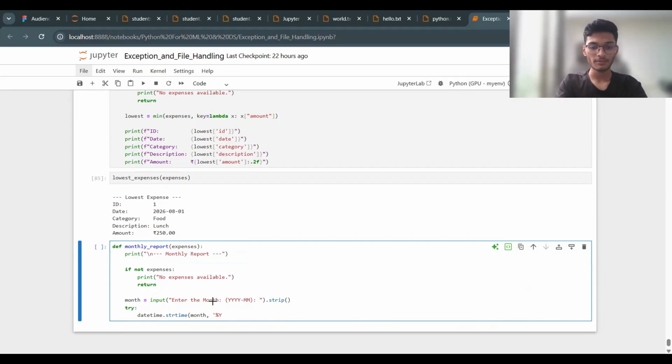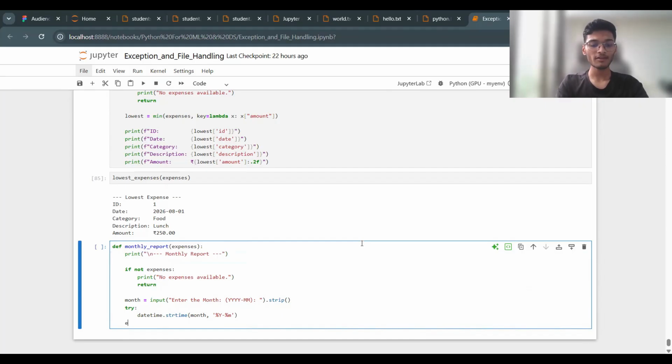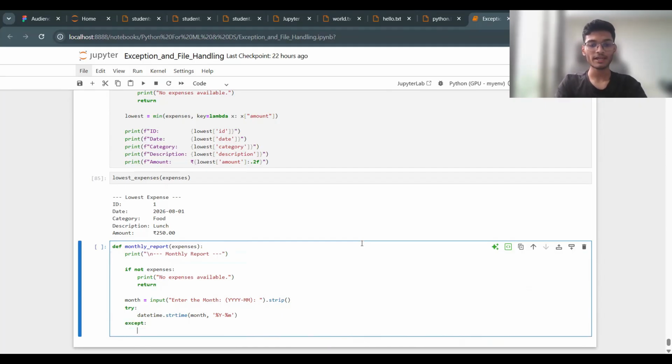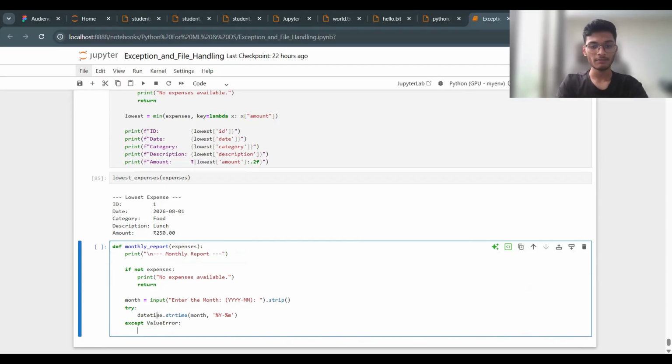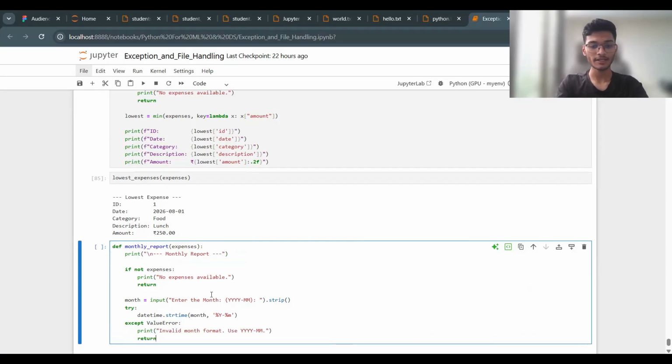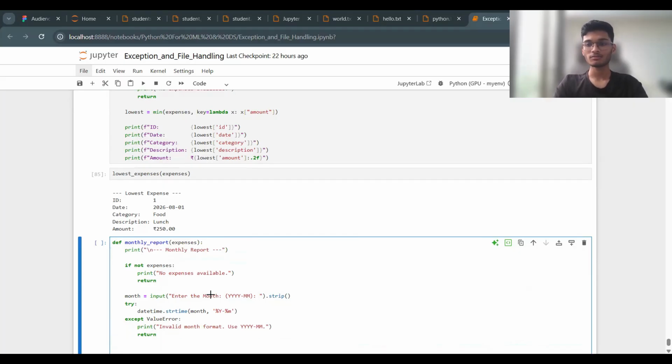and then you are going to parse the month in the format year, dash, month, like this. Okay, now there can be a value error in this. So we can have an except ValueError, and in that case print invalid month format, use this particular format, and we can just return. Okay, now this is the input, and we have done the formatting of the input,